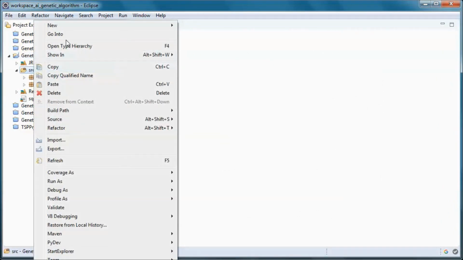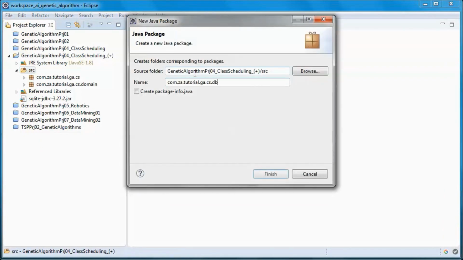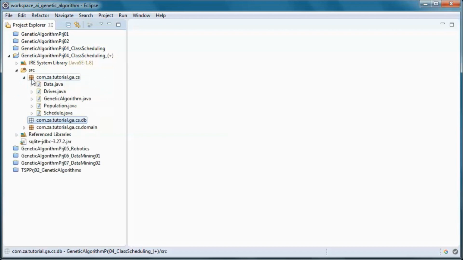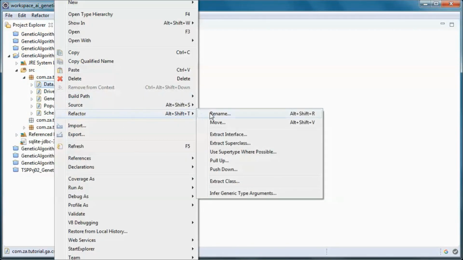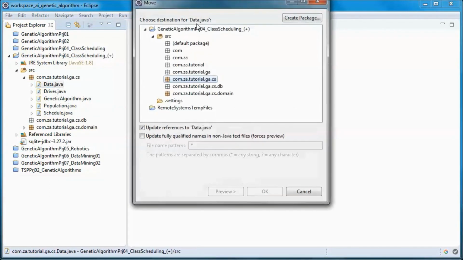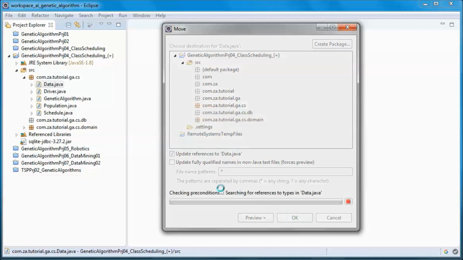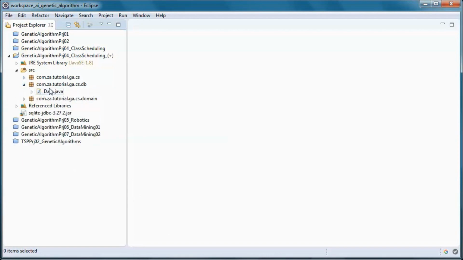and let's create a new package, and we will move this data class to the new package. And rename it.